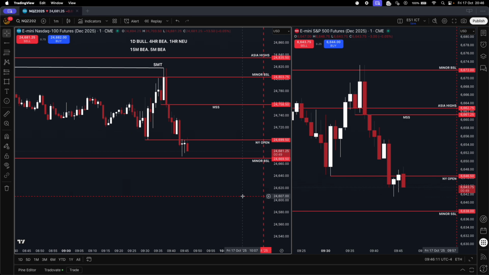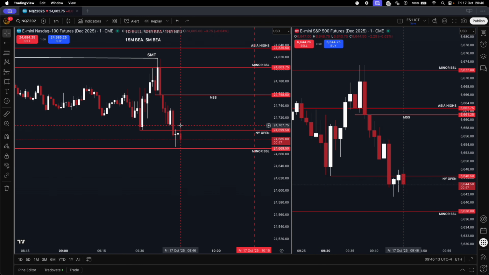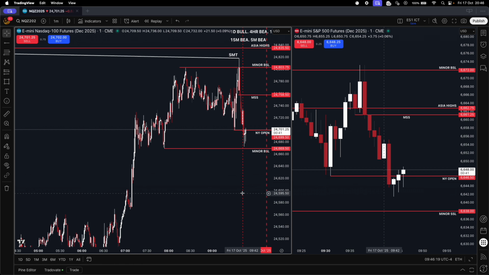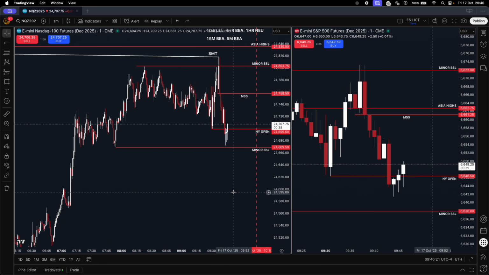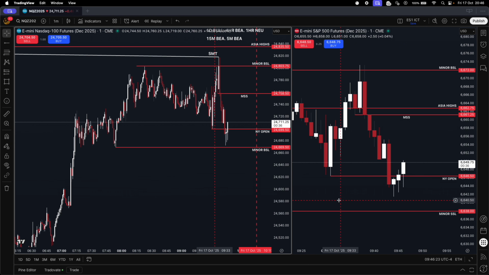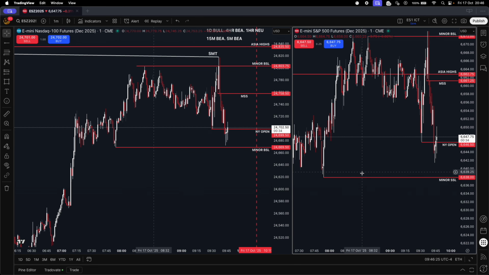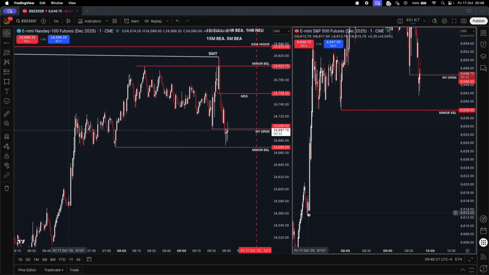So, let me explain. We have, say, an opportunity for shorts. And then if I'm targeting a point of sell side, like this low, I'm going to look on ES for that same low, which is here. If ES takes this low whilst I'm in the short and NQ has not met the draw, so if NQ has not actually taken that low yet of my TP, but ES takes it, then I close out of my...